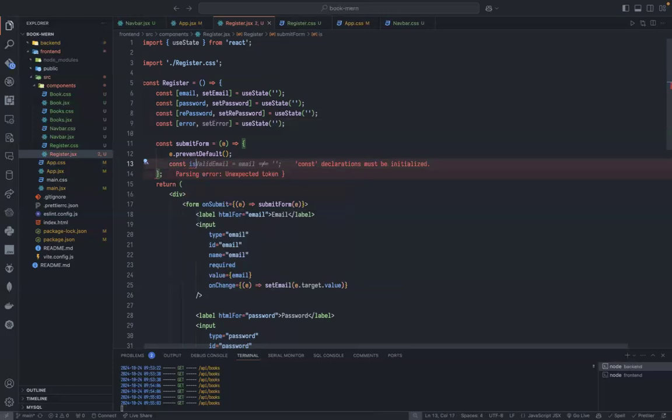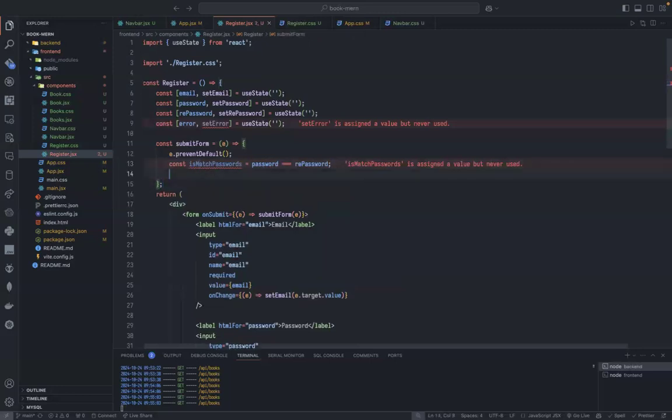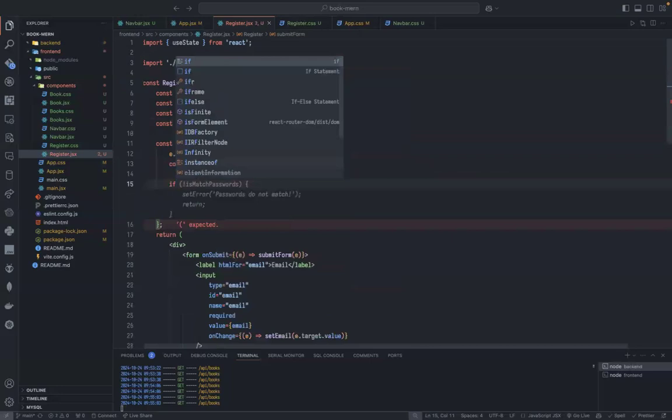By the way, the validation is not done only on the backend. I must do it in the front end too, but I'm not gonna do any validation here, but you should do this validation. I'm just gonna check one thing, isMatch passwords. So I'm just gonna check if my passwords are the same. Okay, isMatchPassword. I'm just checking if both passwords are the same, and here I can just say if